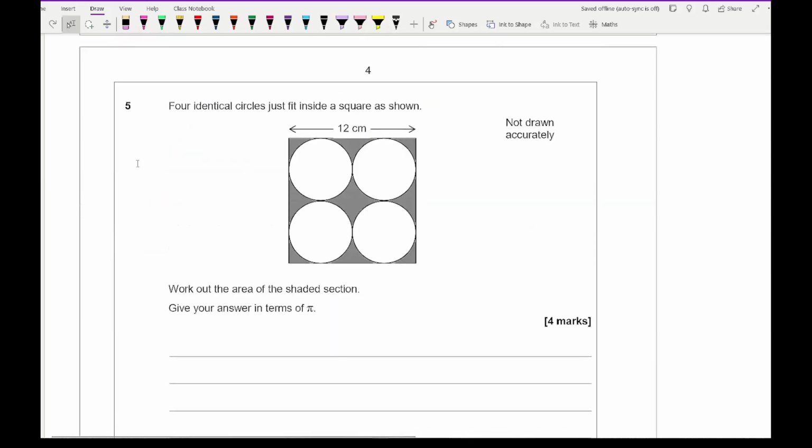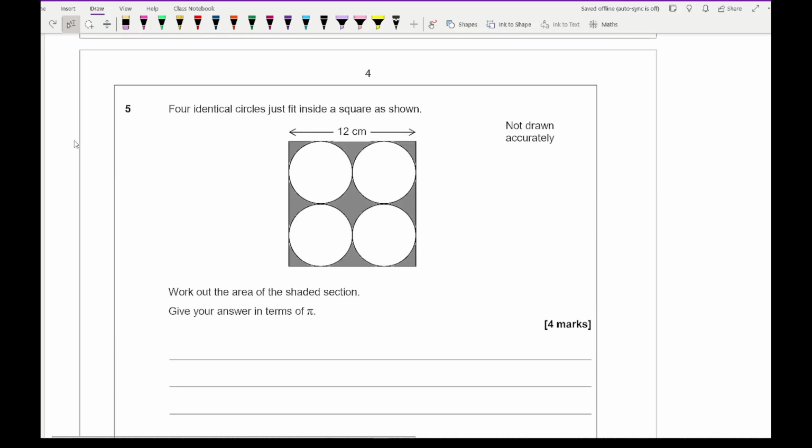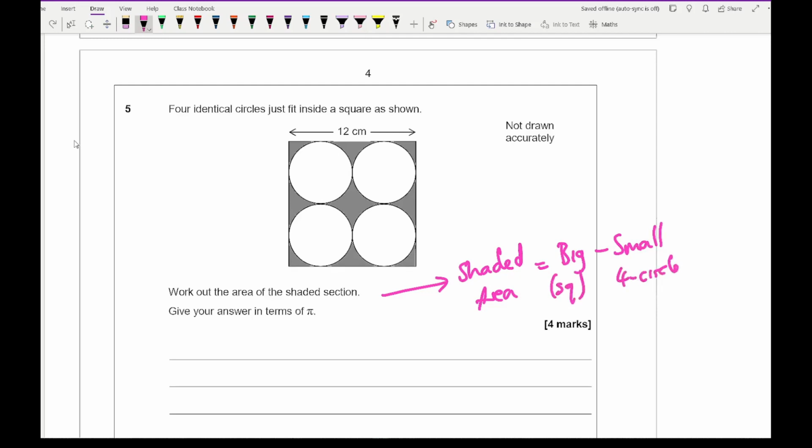Then moving on to question 5, it says 4 identical circles just fit inside a square as shown. Work out the area of the shaded section. So the shaded area is always the big shape minus the small. So here our big one is the square and our small are the 4 circles. So here the area of the square